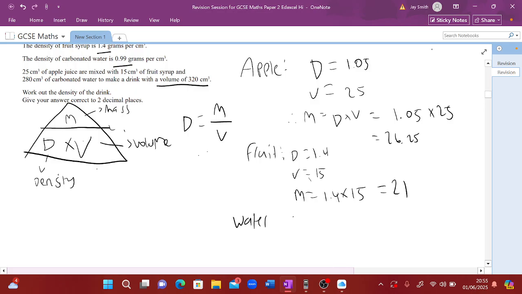Okay. And then lastly, we have the water, right? The carbonated water. Again, the density of that is 0.99. The volume is 280. So therefore, the mass of the water is going to be, or the M, is going to times them, right? 0.99 times 280. And that will be